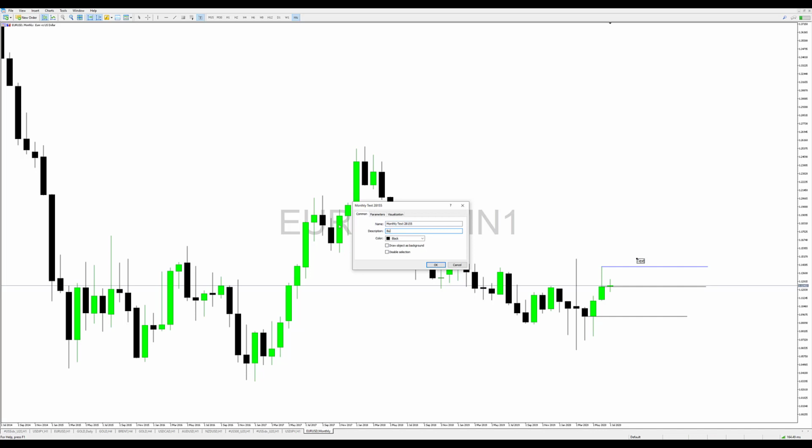So I'm going to mark out that we've got our buy stops, right? So that's buy stops above what was the high on this candle here. So that's 1.14217, right? We've got buy stops above that,